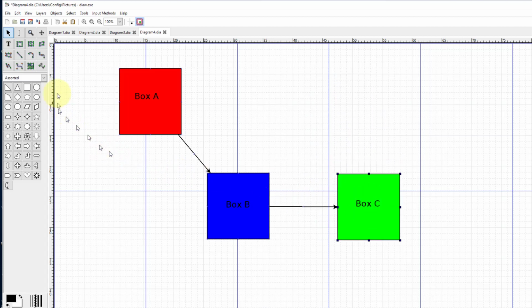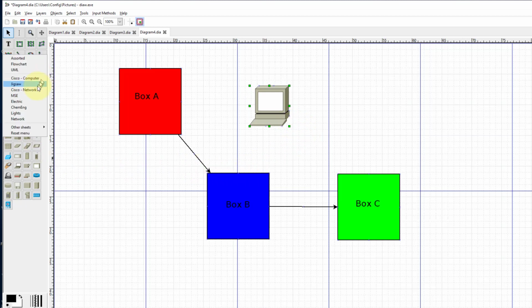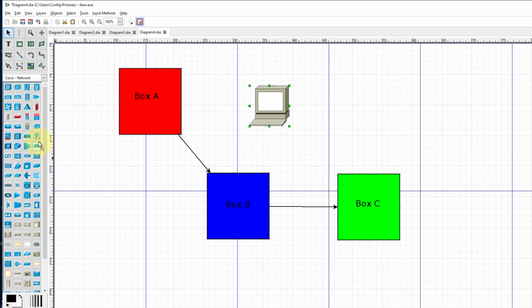Once again, we can go back over here to where the symbols are and select another set of symbols. So let's go here to Cisco computers, and here are a bunch of computer graphics, or graphics of computers. So we can pick one of these. We're going to pick this computer right here. Then we can resize this. Then we're going to go back up here and we're going to go to Cisco Network, and we're going to go down here to this little cloud here,